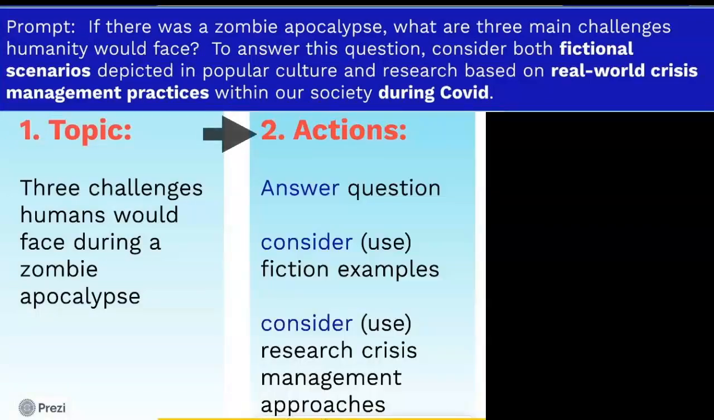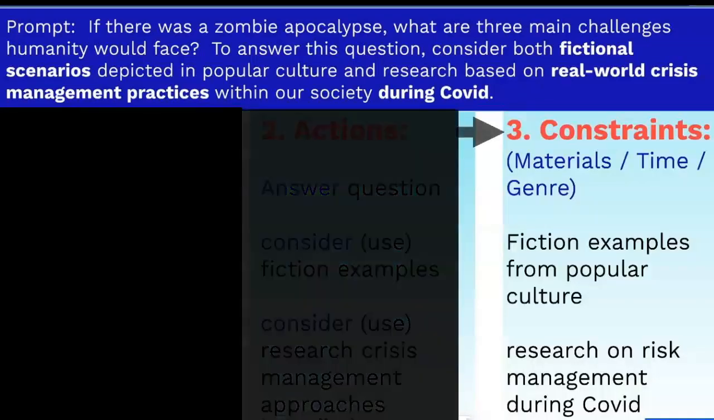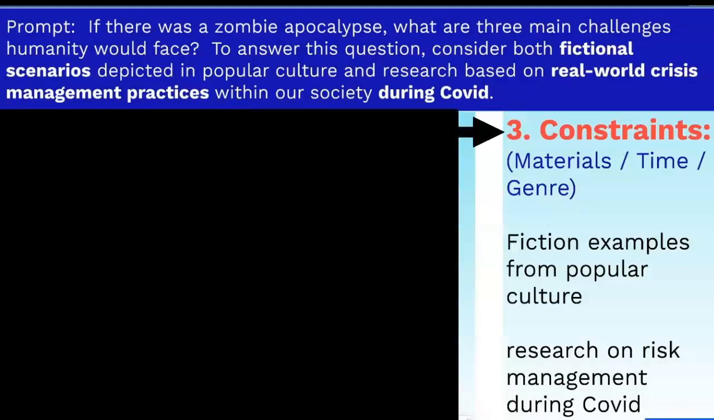Second, what are the actions? The actions are basically the verbs, and I'll look at the prompt and then I'll map it out. The professor wants me to answer questions, consider fictional examples, and use research management crisis responses during COVID. The third section is the constraints. What does the professor want me to focus on? The professor would like for me to focus on fictional examples about the zombie apocalypse and also how we did risk management during COVID. So I know those are my restraints, and that's what I'll be looking at for my